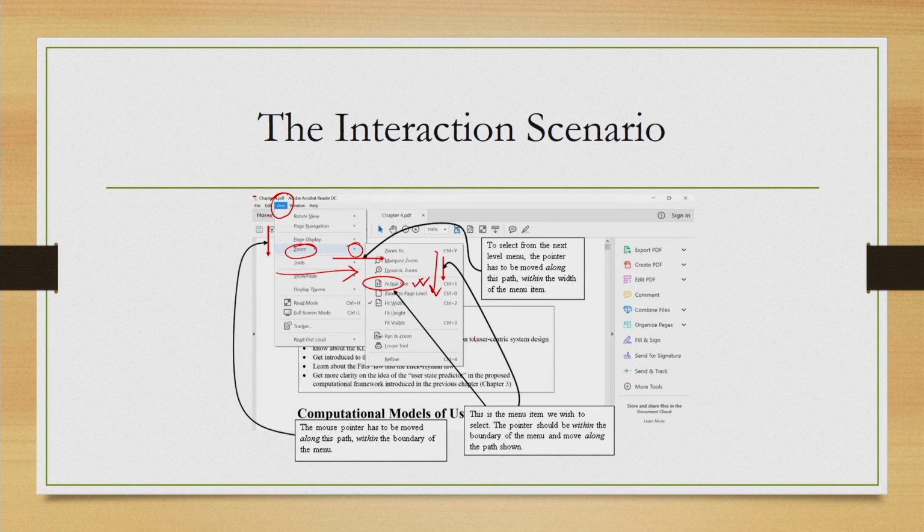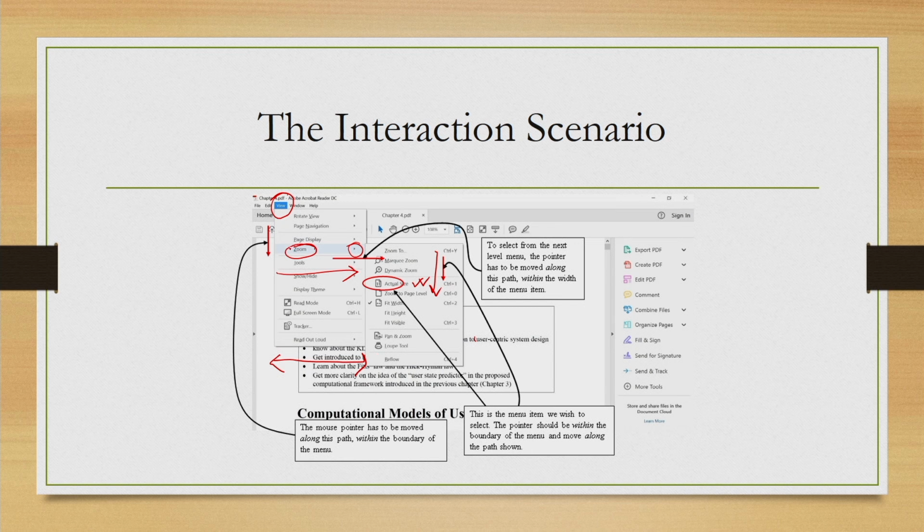How? Note here that when we are moving vertically downwards, we have to ensure that our mouse pointer does not exceed the boundary of this list. So, it should remain within this width.